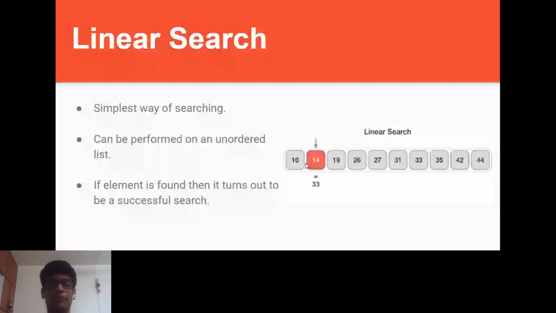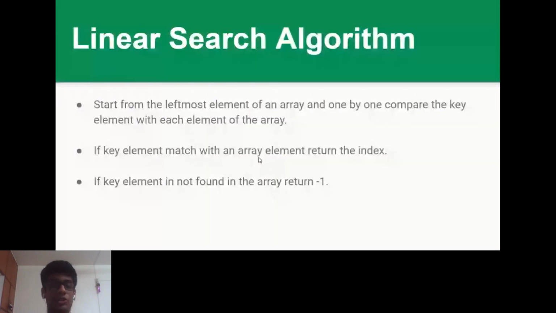This is the algorithm for linear search. Start from the leftmost element of an array and one by one compare the key element with each element of the array. Now, if the key element matches with an array element, return the index number of that position. Now, if the key element is not